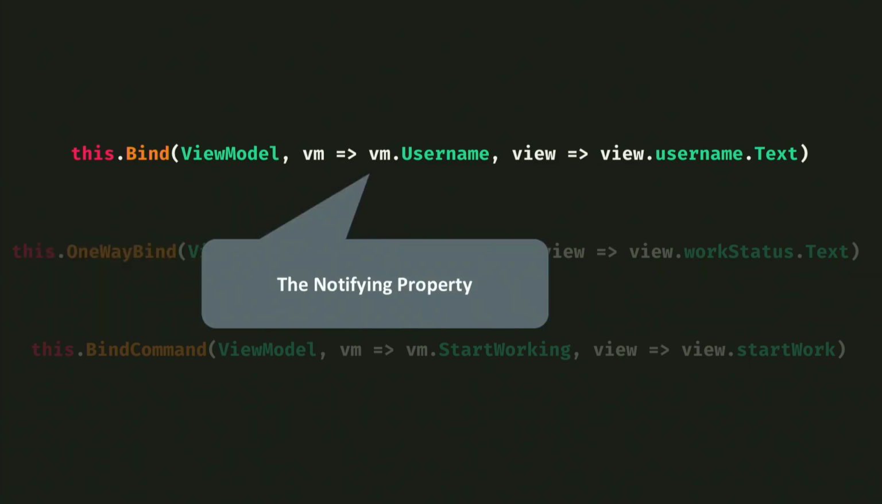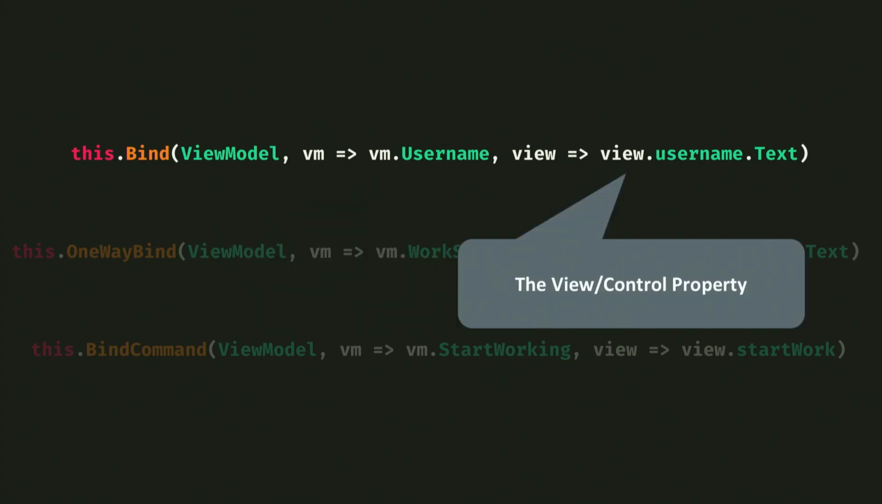The second parameter is going to be the notifying property. So I want to know anytime my username property changes. And then finally, out here, I'm going to say I want to bind this to something else. In this case, the view is the actual view that's hosting this, and I want to update my username text property, right? This binding, as it's written up here, is a two-way binding. So this will take the initial value from my view model and push it into the user interface. And then as I update the user interface, it will continue to push that back to the view model afterwards,